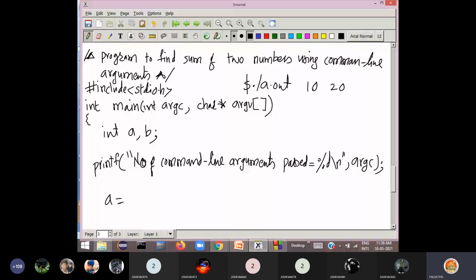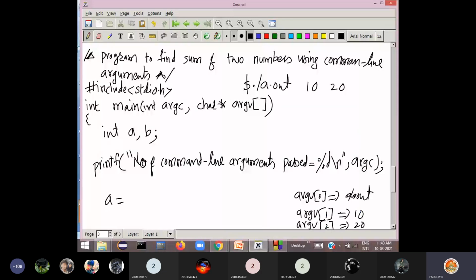Where is 20 present? They are present in argv. Argv of 0 contains a.out. Argv of 1 contains the value 10. Similarly, argv of 2 contains the value 20.